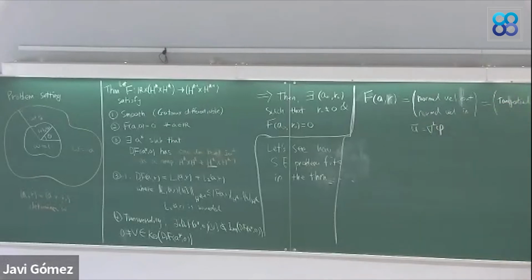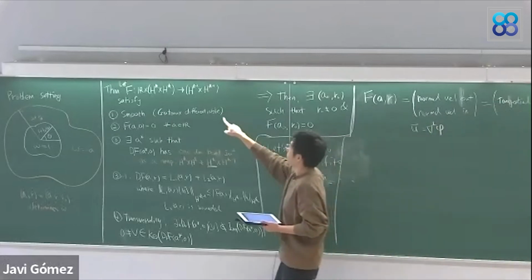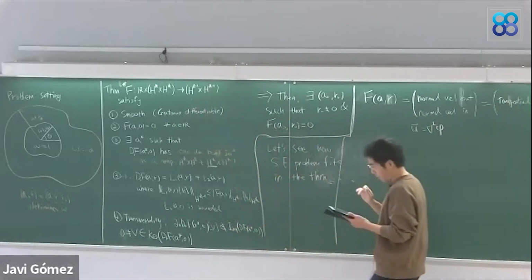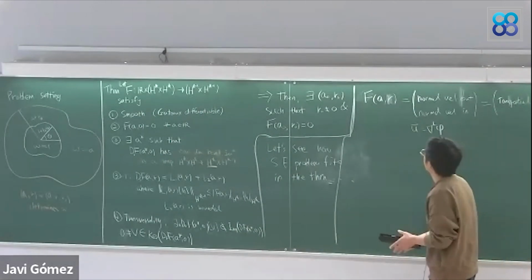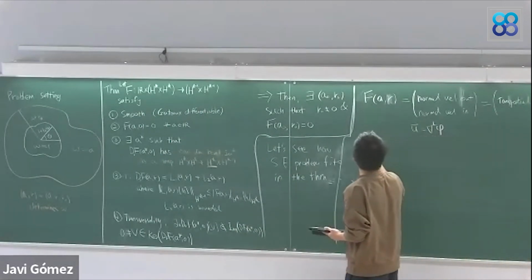So we look at this tangential derivative of the stream function on the outer boundary and inner boundary. So we have two components in the vector. Then